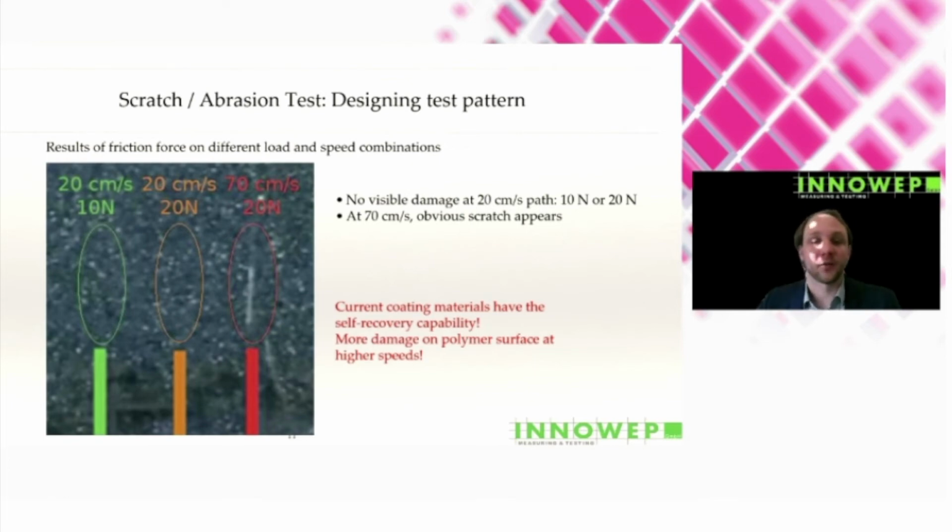And all of a sudden, when the speed is increased, you see the scratch mark, which you have not seen before, also for higher loads. This is what we call the self-healing effect of polymers. And this is very specific to polymers. You don't have that, or you rarely have that, in metal surfaces at all. And this is also another reason why speed is such an important parameter for testing polymers. Just want to show you a brief example